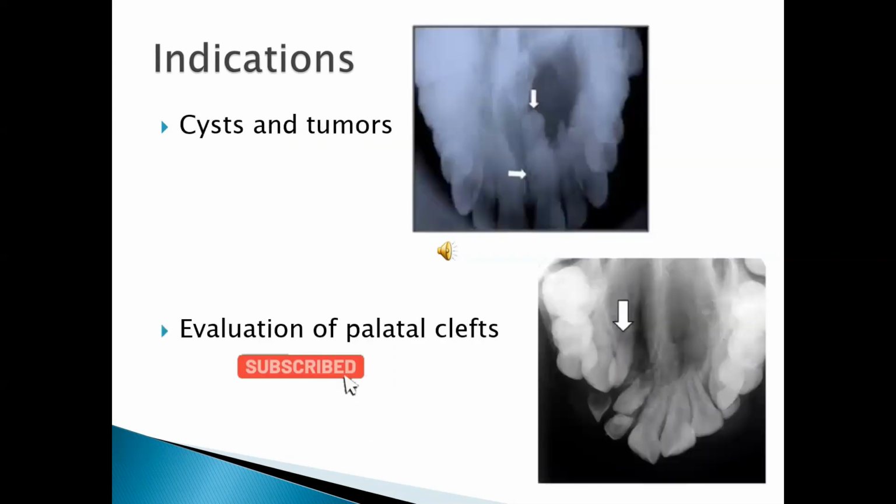So here we have 2 more indications. The first, maxillary occlusal radiograph, you can see that there is a radiolucent, simply meaning a blackish area, around the apex of the central incisor. Okay, it is a larger one, so the dentist couldn't get an extent of how large the lesion is. He went for a maxillary occlusal radiograph. So you have a full coverage now. The second one shows you a linear defect, a linear radiolucent area. If you carefully check, you can see it's like an Eiffel Tower, blackish in color, running from the lateral incisor area upwards. So that is a palatal cleft.